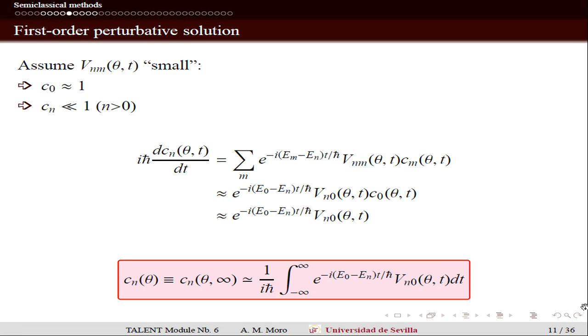Okay. I don't know why we are missing part of the slides here, so I don't know if someone can